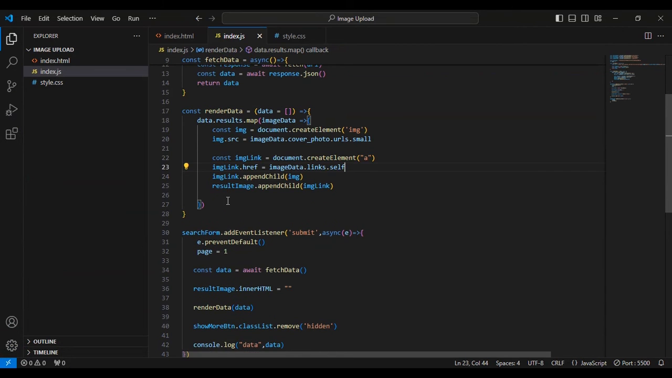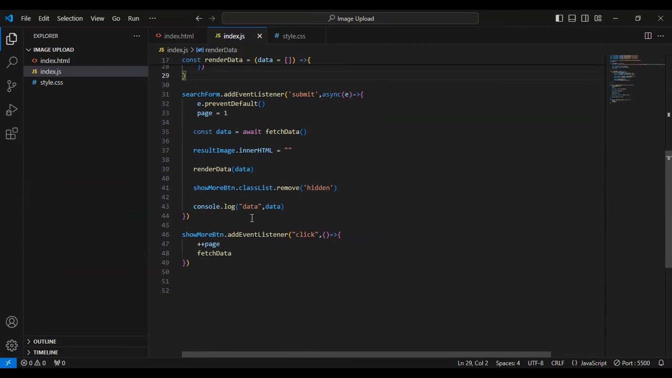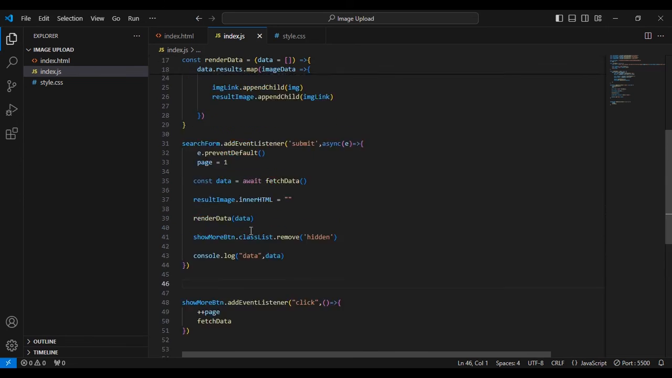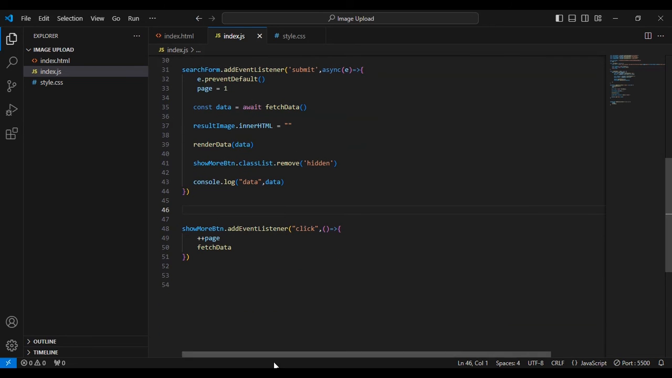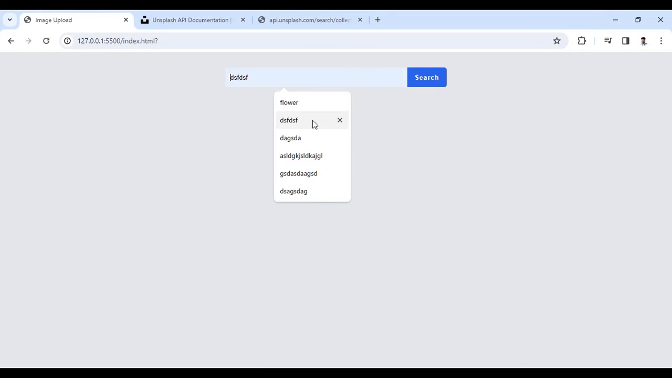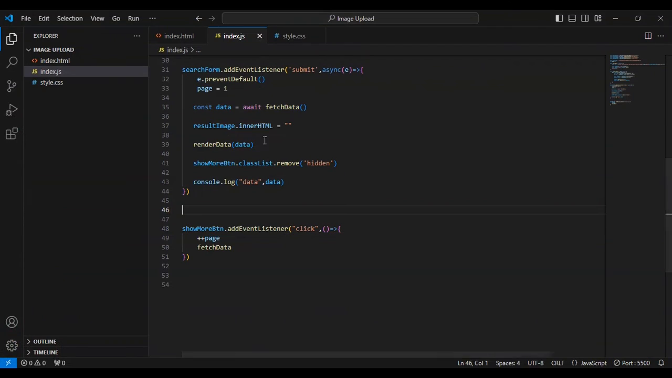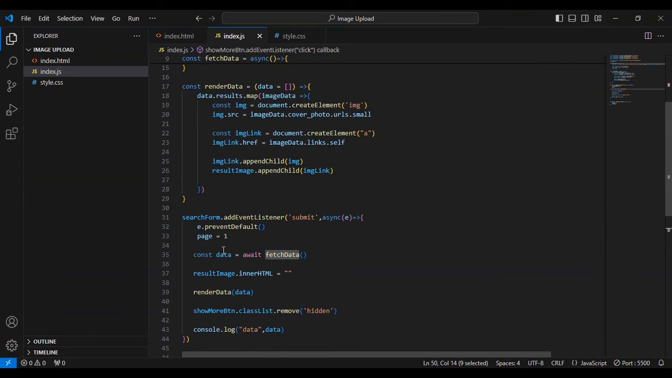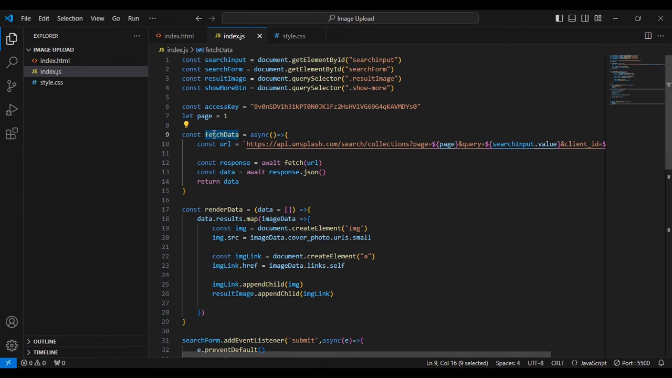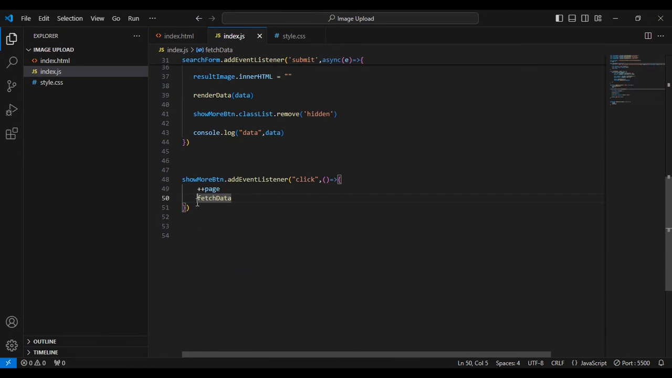Let me just format this properly. Here now I want to click on this show more button, and then it will load more images. For that, I will increment this page number, and first of all I want to fetch the data. For that just copy this, and here I can give the const,